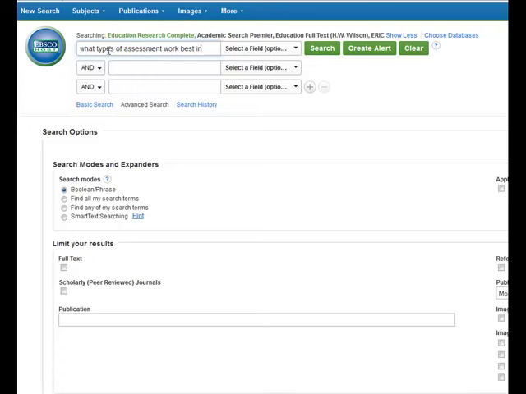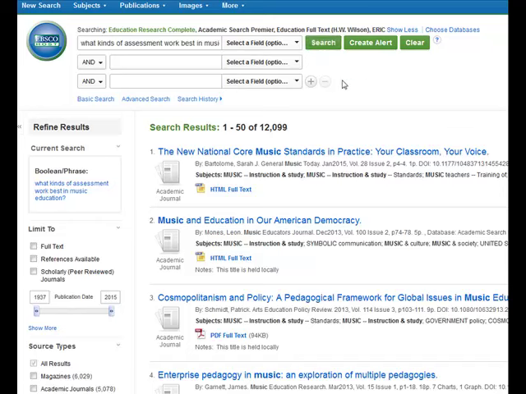So we're going to ask the database what types of assessment work best in music education. We're going to hit search. So when we get some results, looks like we have about 12,000, a little over that. And we can start digging through these 12,000 results to see what works and see what doesn't work. But that's a lot of results to go through. And most people probably don't have that kind of time or energy or persistence to go through that many results. So what we can do